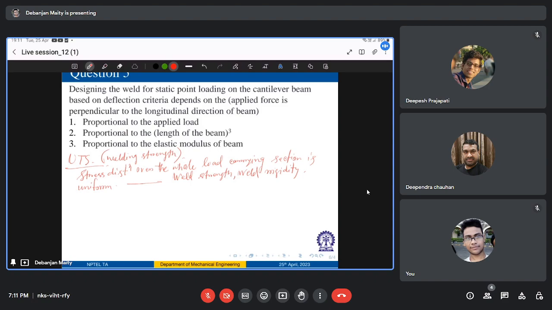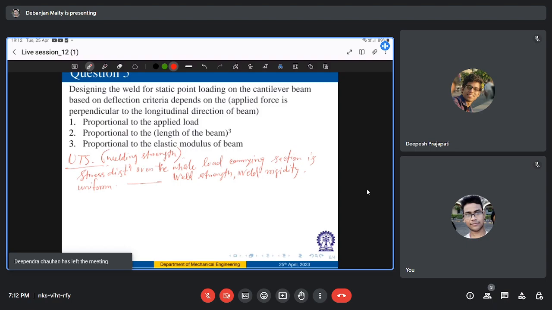Normally, if you take any member, you also have to take into consideration its own weight. So you have to consider the material properties, like what is E, the elastic modulus, then I. What is I? This is the moment of inertia, and Z,